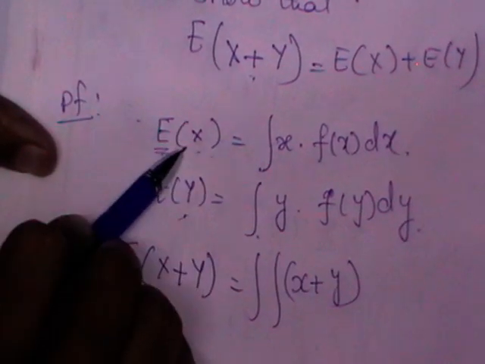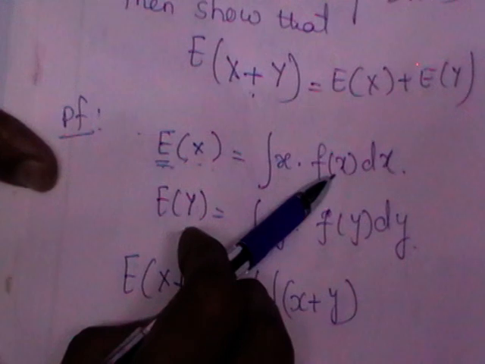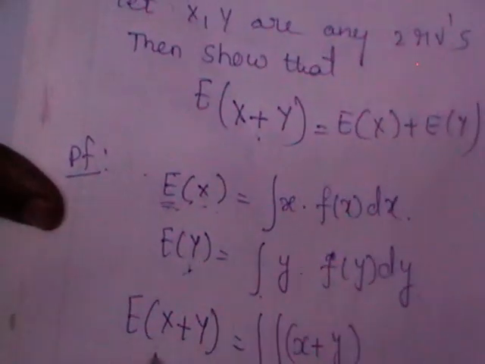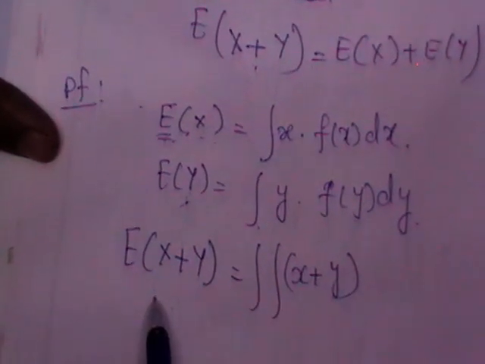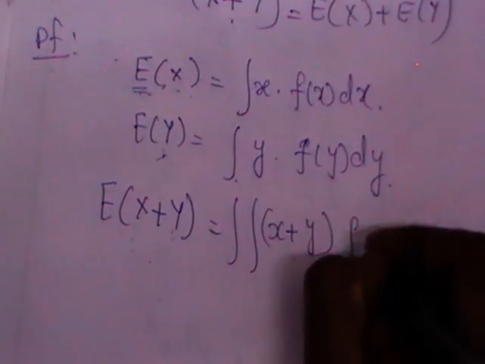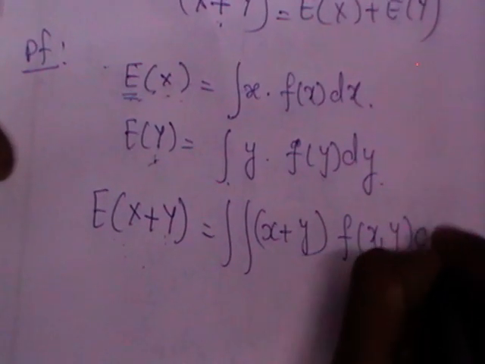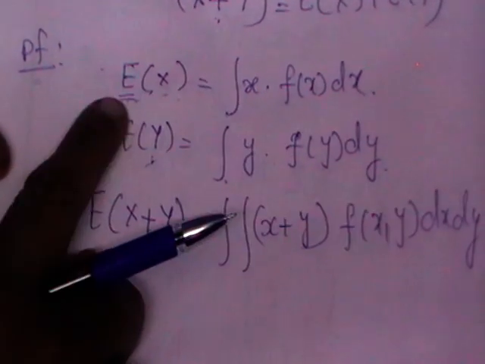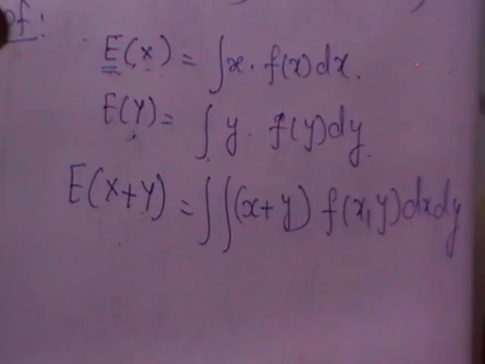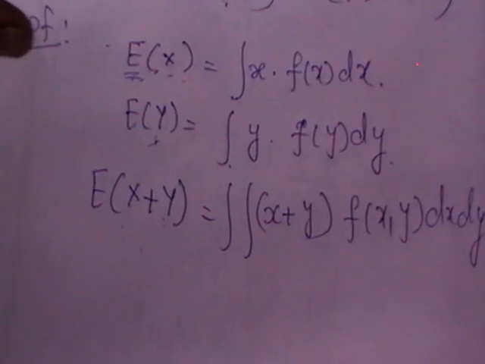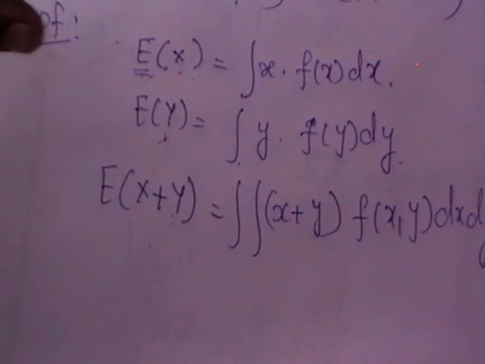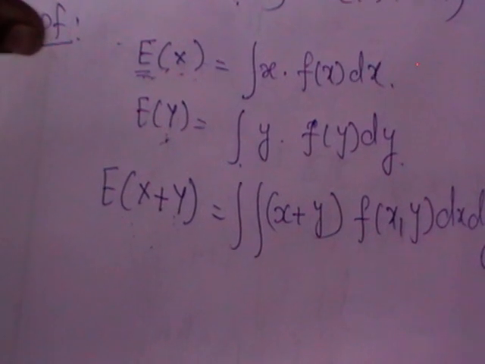So write down the same. As we have only one variable here, you wrote the corresponding PDF. As we have another variable y here, you wrote the corresponding PDF. But here within the brackets we have x plus y, so as we have two variables, you should write the joint PDF. Am I right? Observe the difference here. E of x is nothing but, in case of continuous, E is replaced with an integral. Within the brackets we have x, only one variable, so you will write x and its PDF dx.